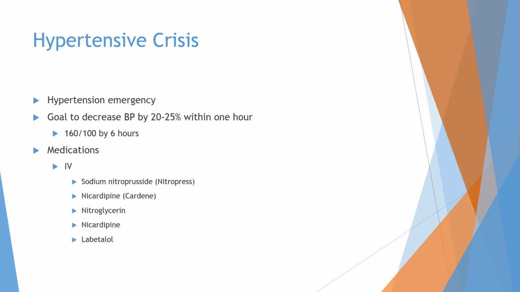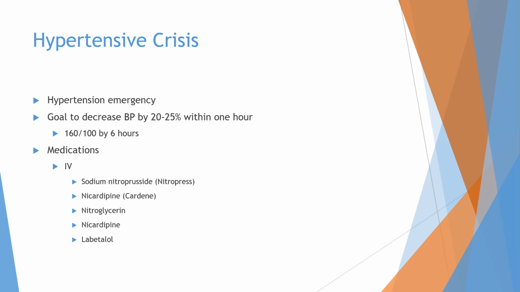A hypertensive crisis is an emergency. So these are going to be blood pressures in the 200s, right? In order for it to be considered a hypertensive crisis, we need to have some end organ dysfunction. So this can be decreased urine output. This can be a headache, confusion, tiredness, elevated liver enzymes. This could be an elevated troponin,